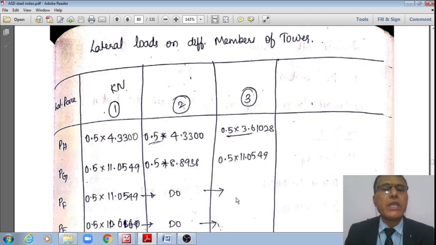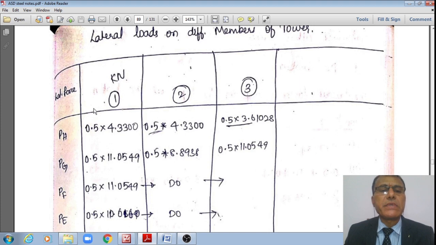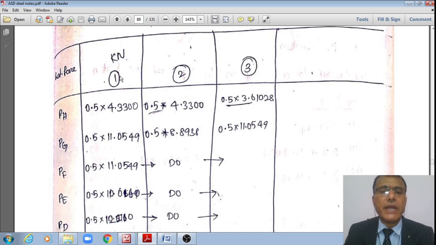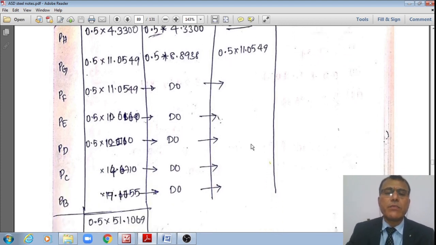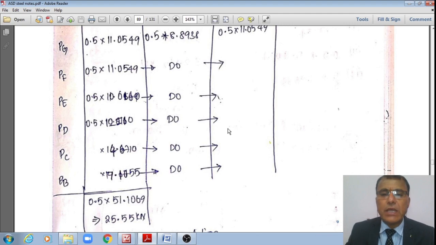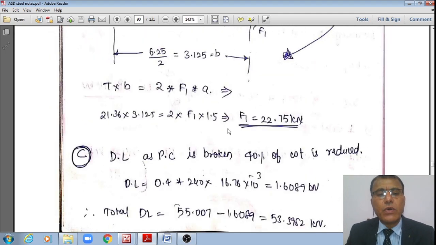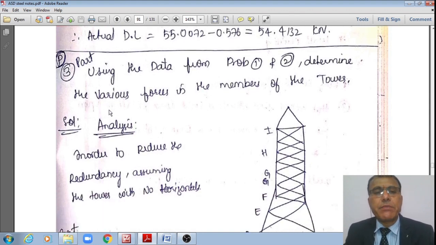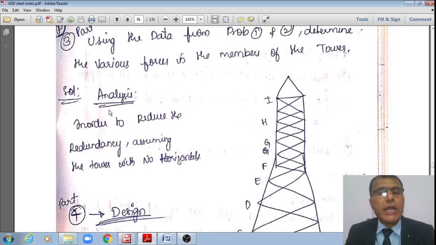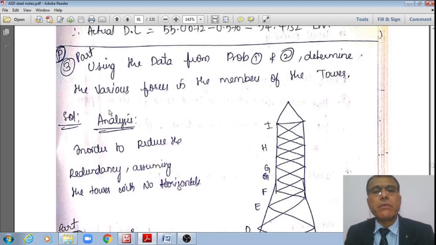All this table only gives the lateral forces on the different members of the tower. One, under normal operating conditions. Two, when the topmost power conductor is broken. For this single circuit 3-phase transmission line tower, three, when the ground wire is broken, right? These are the lateral forces, and we already calculated the vertical loads as well as unbalanced pulls also, right? That is how the different forces, that is the second problem, student, right? Now let us see the continuation of this, the third problem, right?